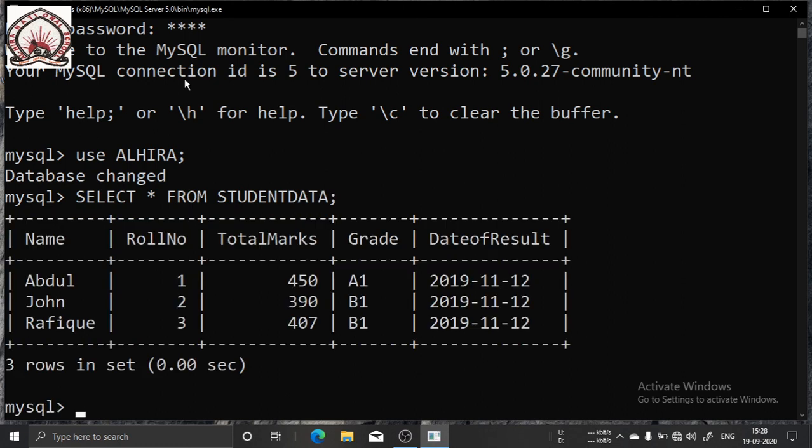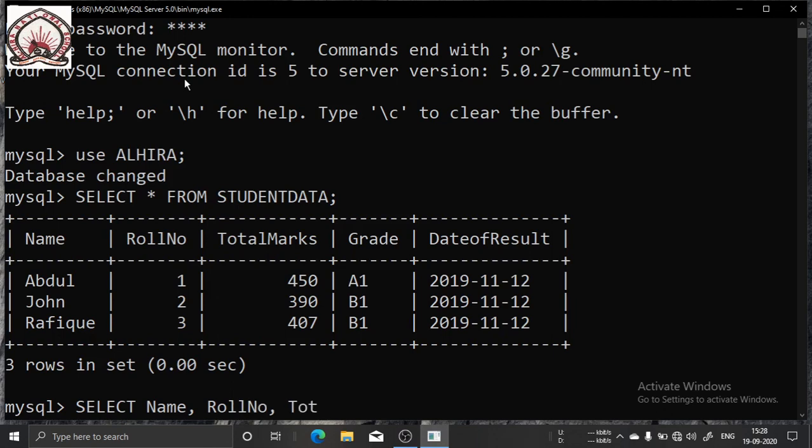Okay, now suppose I will be selecting only selected rows and selected columns. So my command is: select name, comma, roll number, and total marks.